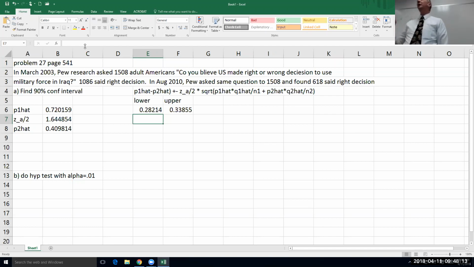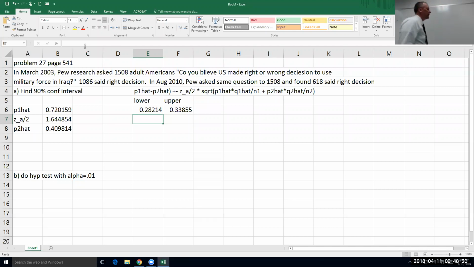Okay, so we're going to do our first question. Based on the confidence interval, is there a significant difference between 2003 and 2010? Who says yes? 1, 2. Is that it? Just 2? Who says no, there's not a significant difference? 1. Wow, this is going to be a tough test. Okay, because this is really what I'm looking at. When I ask for this, this is what I'm looking for. I only got 3 raises of hands. The rest of you, who doesn't know? Okay, so here's what you're looking for in this case.